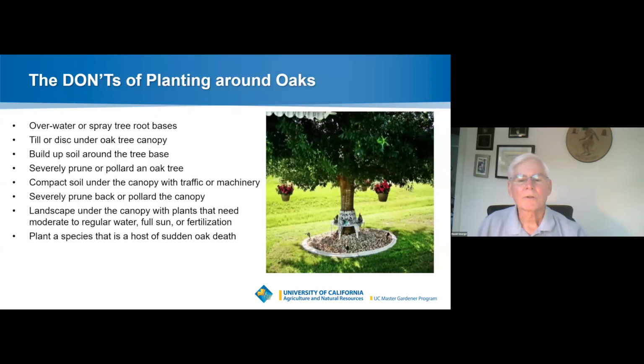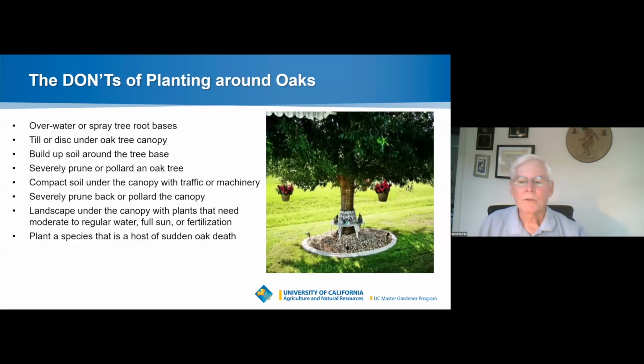So you've got to know that it's going to have pretty wet surroundings in that small space that they've provided around the tree trunk. So don't over-irrigate around the canopy or allow irrigation to repeatedly splash on the base of this tree,